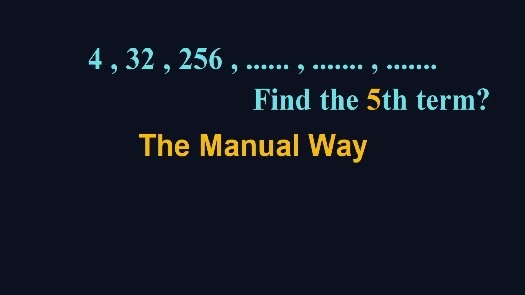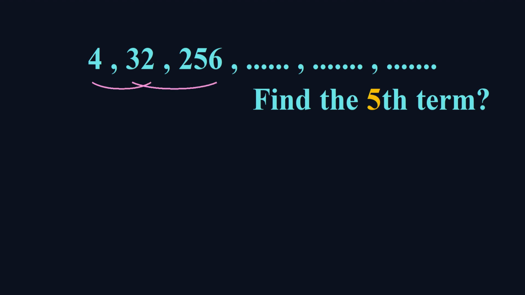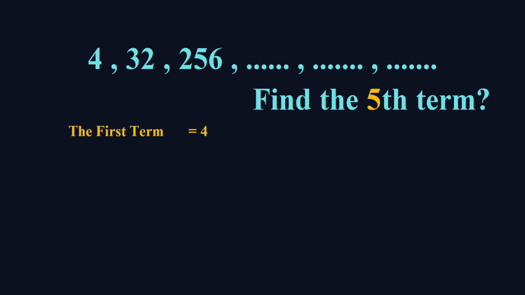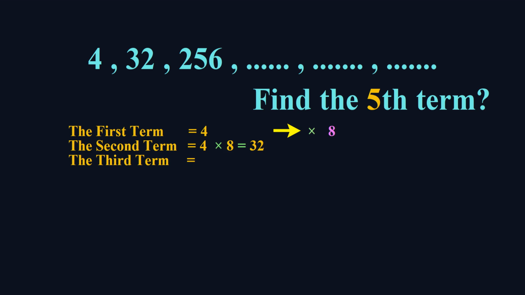As you can see, we found that each term is multiplied by 8. This 8 is what we call our common ratio. Since the first term is 4, we can get the second term by multiplying the first term by 8. The second term is 4 times 8, which equals 32. And the third term is 32 times 8, which equals